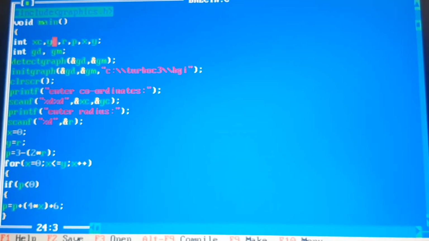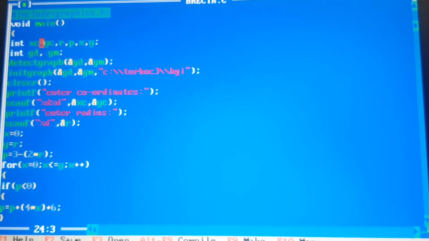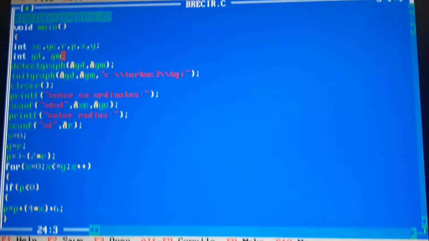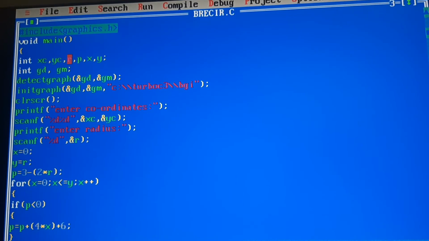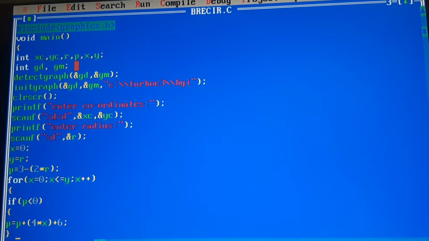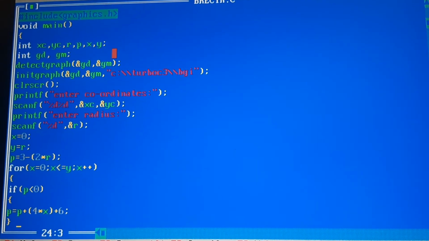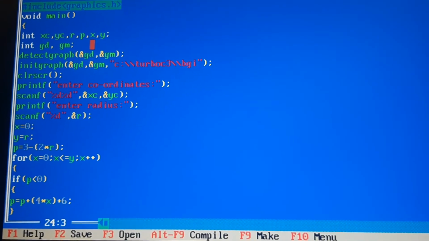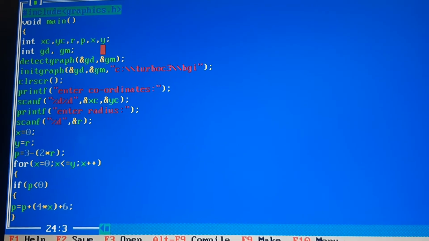These are the coordinates of the circle, and r is the radius of the circle. These values xc, yc and r we are taking from the user, as we have already seen in the algorithm. This p is your decision parameter. x and y are the initial values of a particular circle's coordinates.